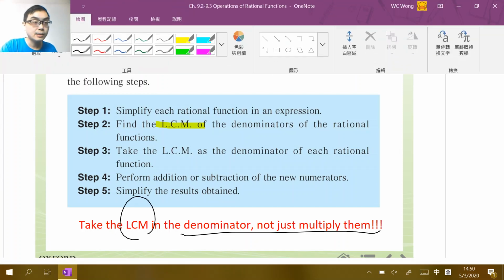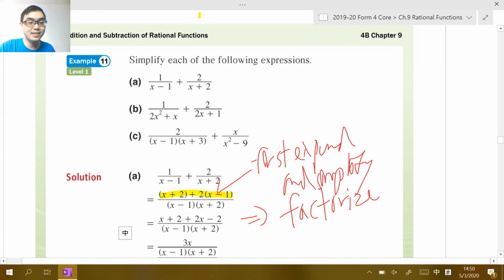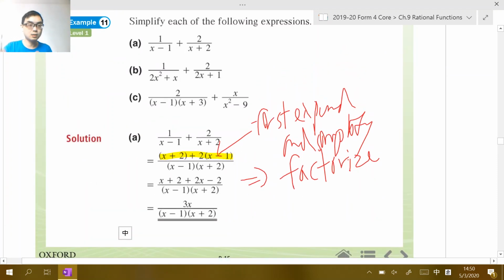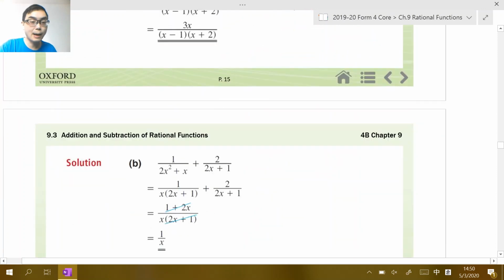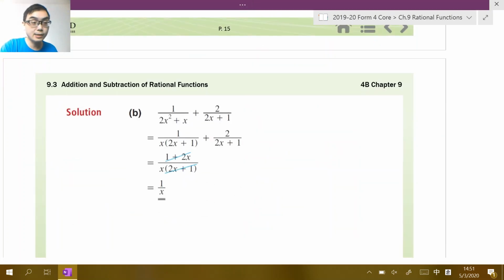What does it mean? That means that when you do any questions like this one, add the fractions or subtract the fractions together, don't just think that they are different fractions, so we just multiply. No, just now you can see the part B. You can see that we will never write it this way. That means that